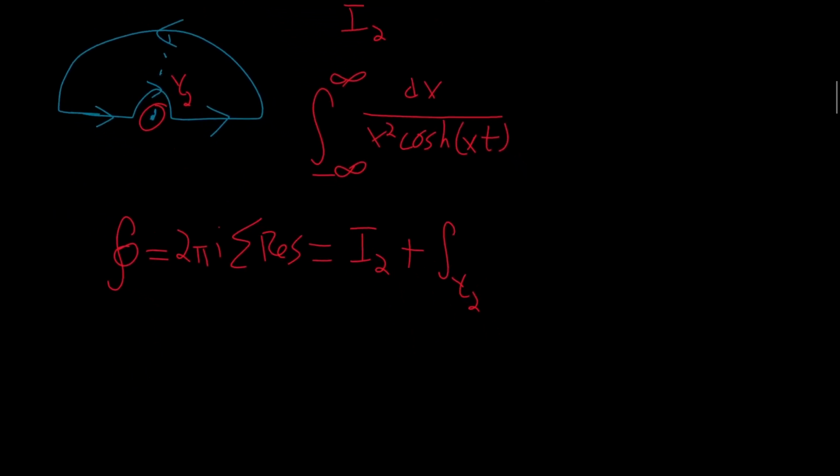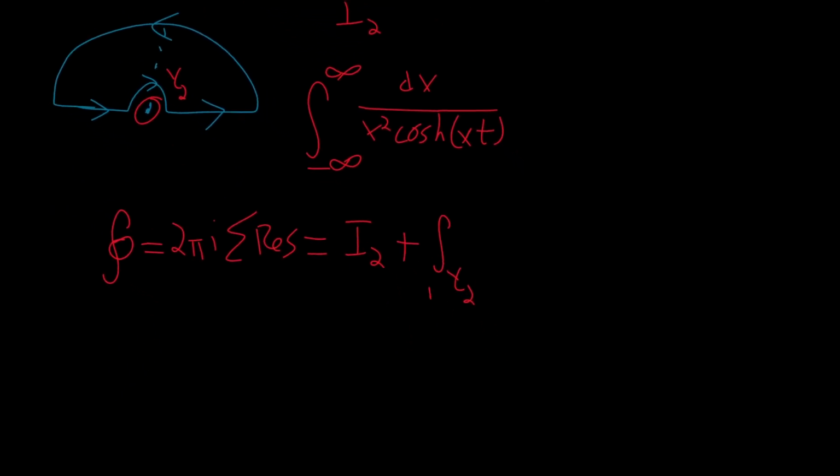But the integral over gamma 1, what would that be? Well, one way we can express that is just going to be minus pi I, because we're going halfway. It's a semicircle, right? So that's where the pi I comes from. But then we're also going clockwise, so we're going to have a negative. So it's minus pi I times the residue at 0. So rearranging everything a bit, we find that I2 is actually